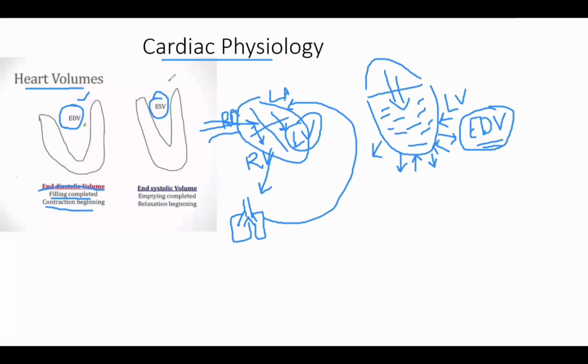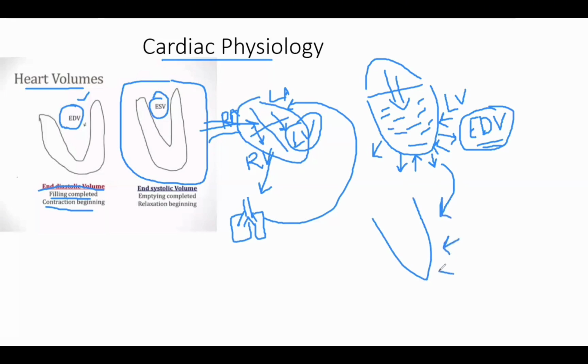The second concept is of end systolic volume. So what is end systolic volume? When this ventricle contracts, this is the ventricle. When it contracts, it pours the blood into the aorta. So the blood is poured into the aorta, while the volume which is present at the end of systole,